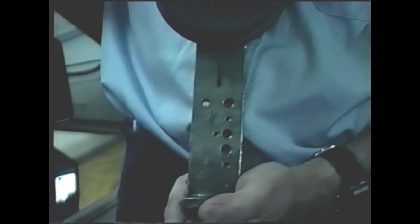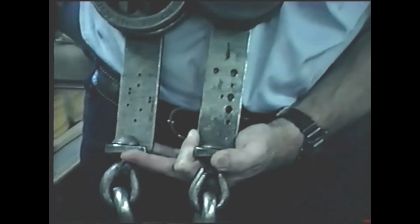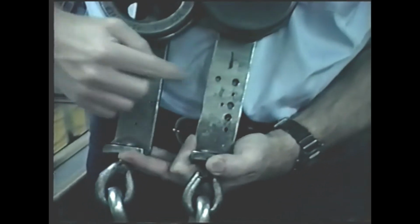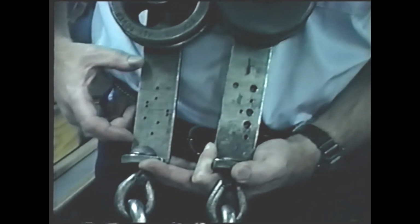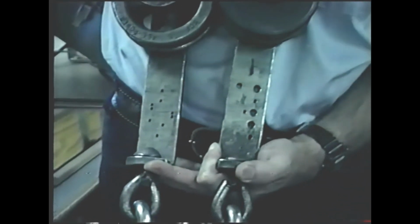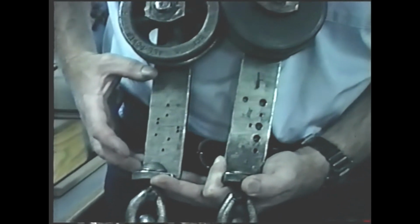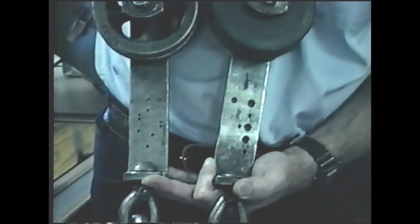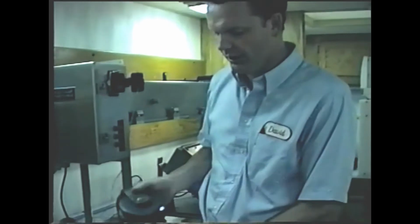The two patterns vary in the fact that the XL pattern utilizes different size holes, different numbers of holes, with varying locations, while Trolley Vision just varies the location of the hole, never varies the size, and never varies the number of holes. This allows Trolley Vision to be a much more accurate trolley identification system. However, we have set up Trolley Vision reading stations so that they will read both types of